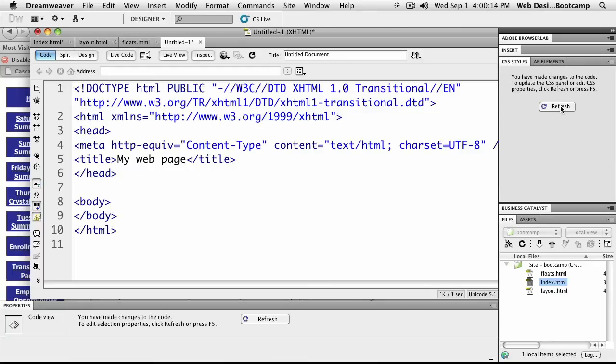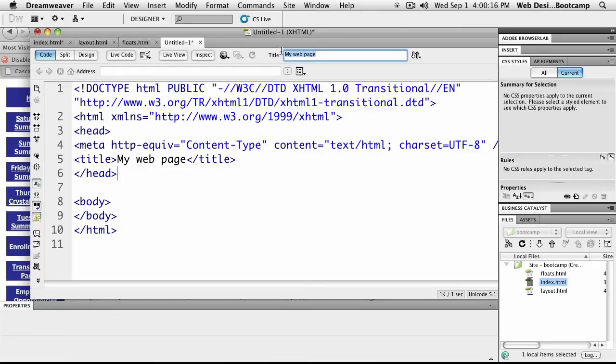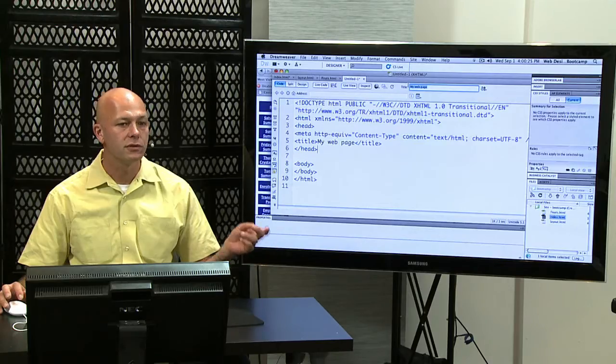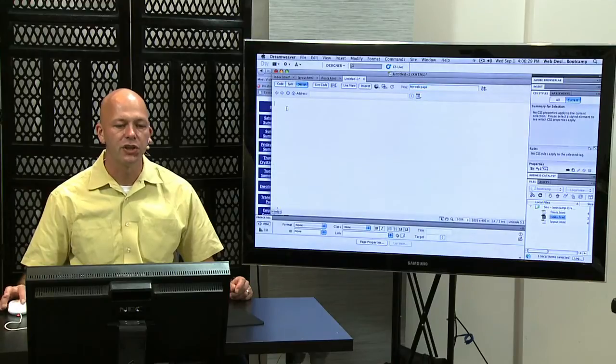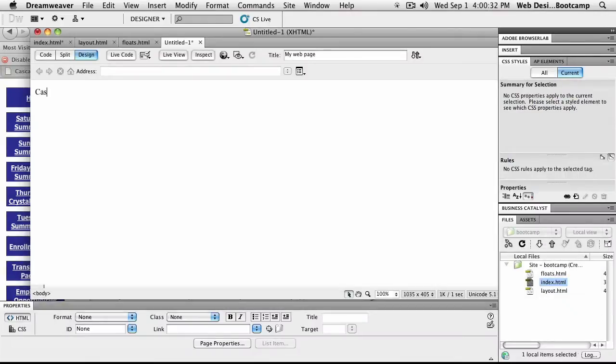Notice as soon as I do that and hit refresh, I get a title at the top of my document. One of the surest indicators of an amateur, if you've ever seen this on the web, at the top of your browser bar, if it says Untitled Document, you know that the person doesn't know what they're doing. So now if I were to continue building this Cascade Ski School,